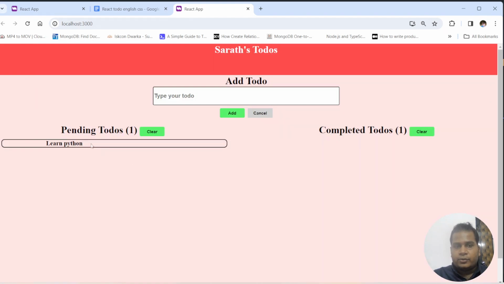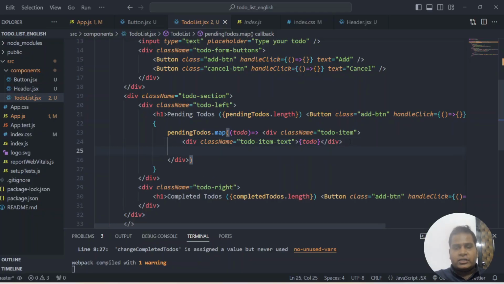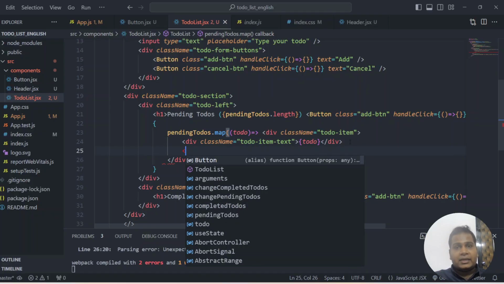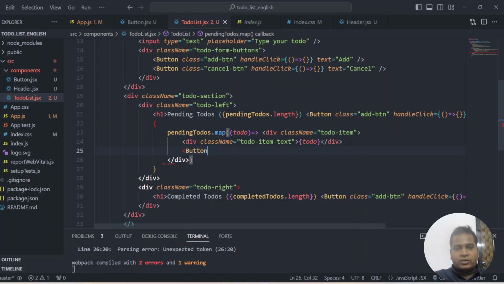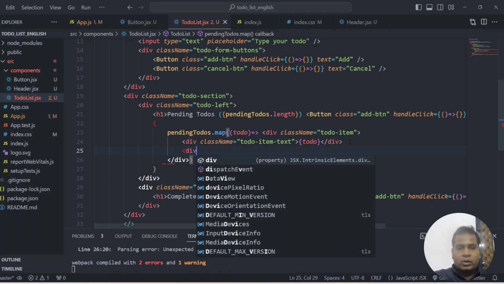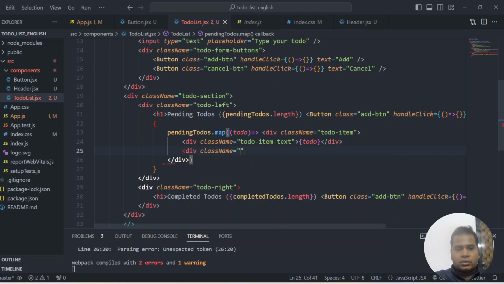In the UI you can see here learn Python. That to do item that is in the pending to dos array got mapped into the UI. Now we also have to display two buttons, which is complete and delete. So we have to give one more div, to do form buttons. The class name is to do form buttons,